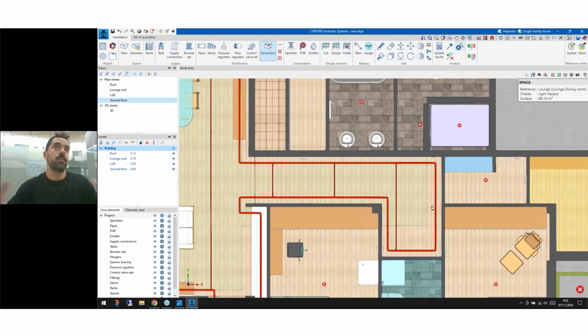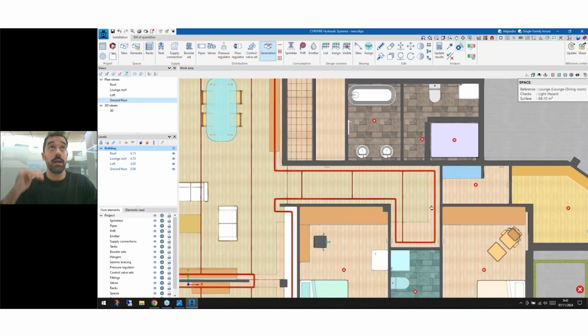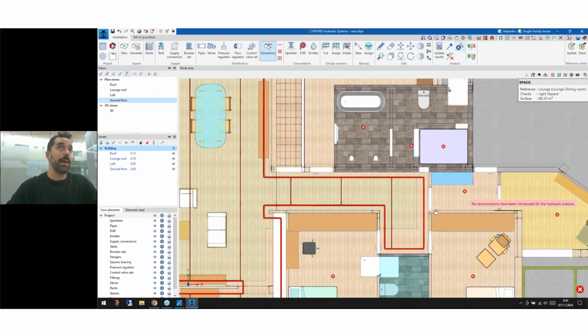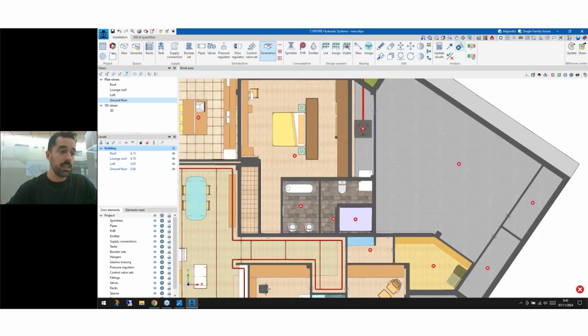What I'm gonna do, I don't want to make this for every space right now because we don't have so much time. But you only have to repeat these 3, 4, 5 different tools to start to work and to complete your whole design. What I'm gonna do right now is connect this design with the pump so we can see all the checks that we have carried out inside